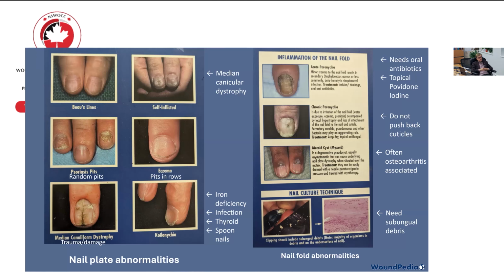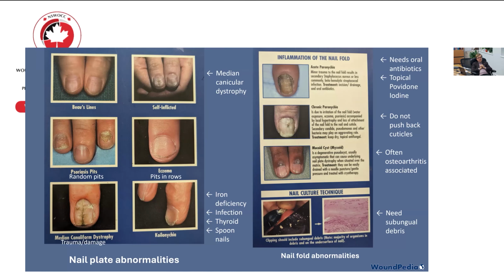Random pits are seen in psoriasis, and that's immature keratin and it falls out. Pits in rows are sometimes seen, less commonly though, with eczema. Median canaliform dystrophy is continued trauma and sometimes chronic paronychia, inflammation of the nail fold. And koilonychia is spoon nails, and this is most commonly seen with iron deficiency, but infections and thyroid disease can cause